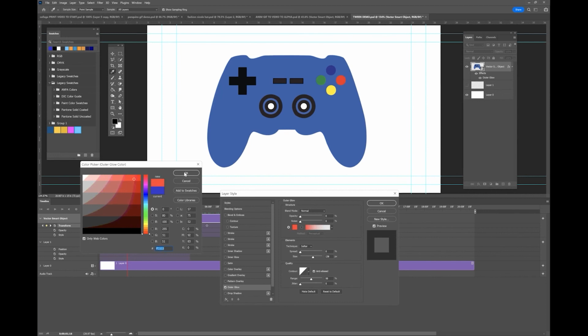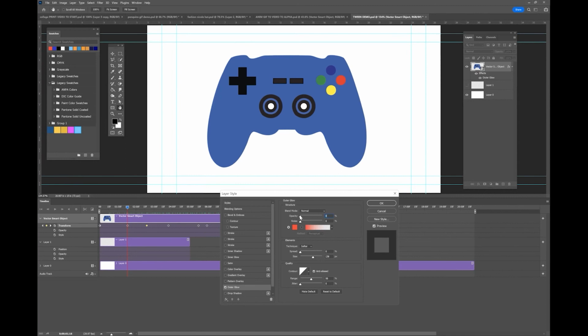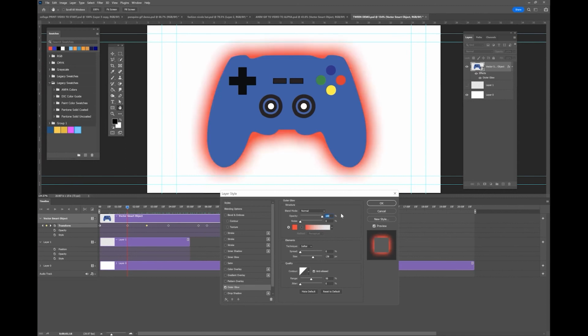Take red right from the design. Okay. And you see opacity is gone. Pull it so you can see it. 100%. That's opacity. 100%. That is the glow I like. Now you can play around with these things. They're really fun,